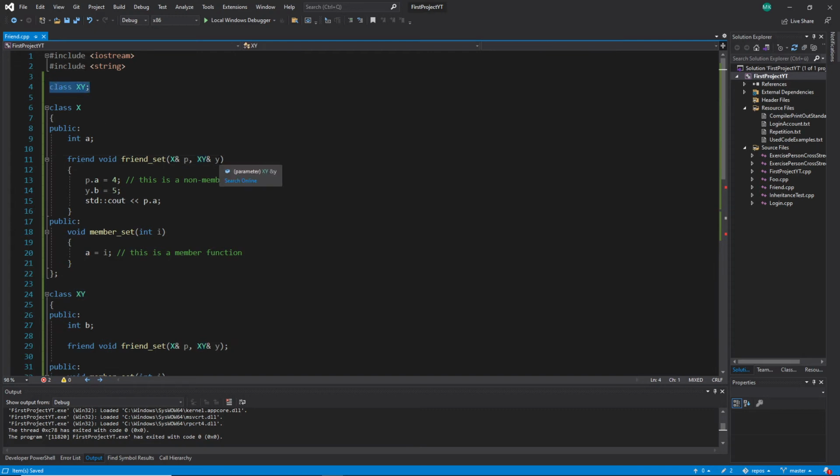But the problem here is that this class forward declaration works most of the time with declarations. It is not working with function bodies. And what I mean with that is, if you try now to use this Y here, and I'm trying to use this here,